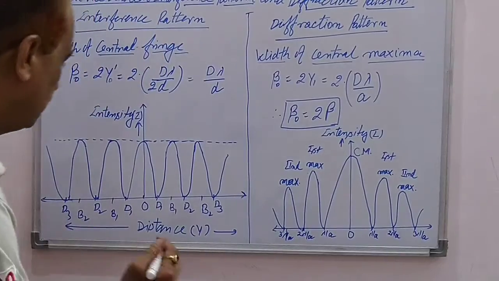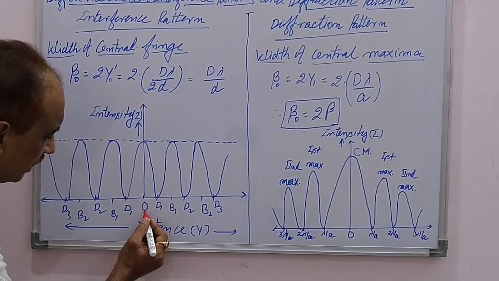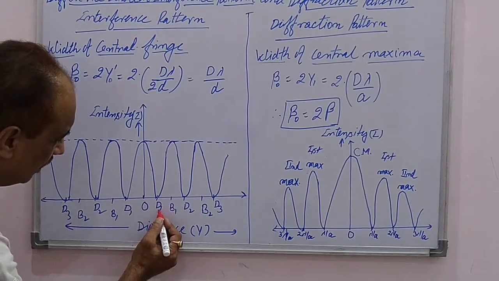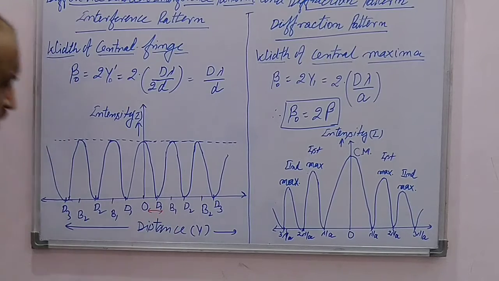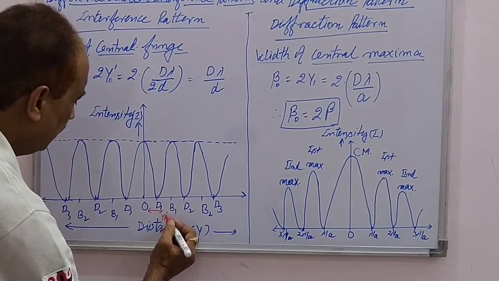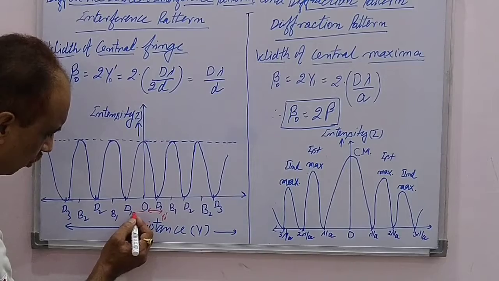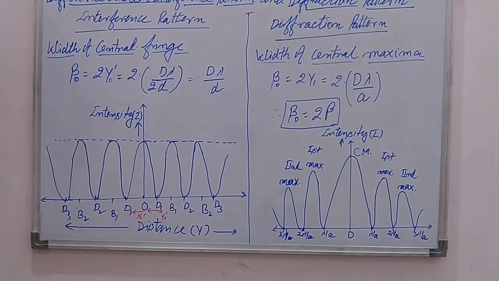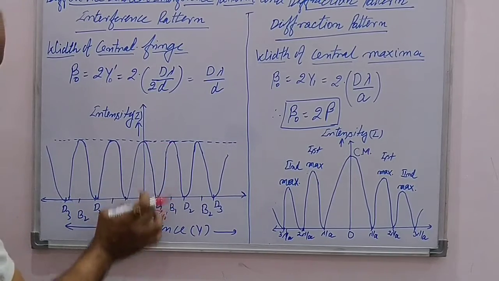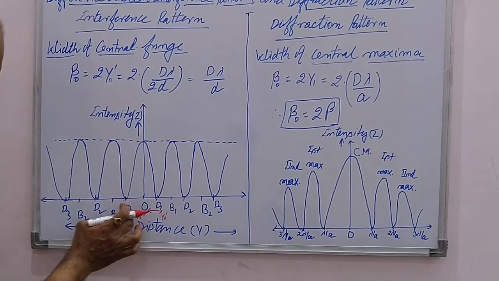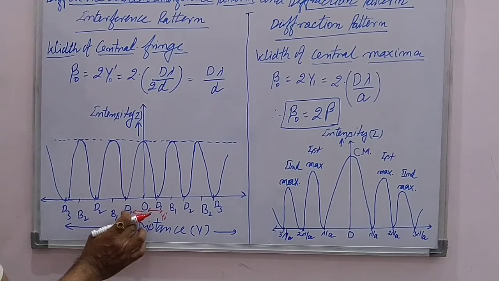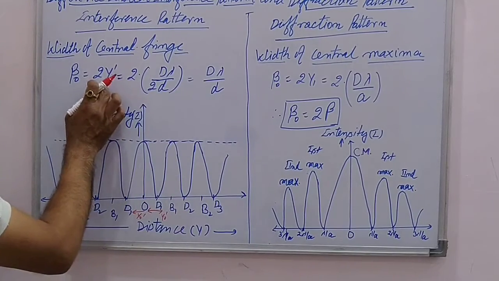So the first two dark fringes, we can see here, O is the central point at which the central maxima or central fringe is obtained, and the first dark fringe is D1. The distance from O to D1 is represented by y naught dash. Similarly, the distance from O to the other D1 is again y naught dash. So the width of this central fringe, that is the spacing between the two first dark fringes, is y naught dash plus y naught dash, that is equal to 2y naught dash,